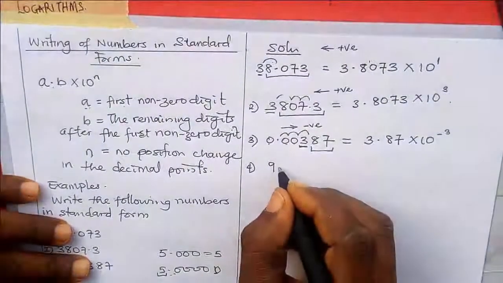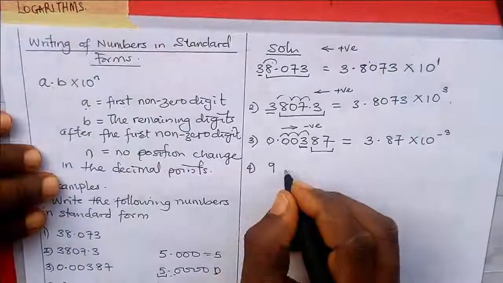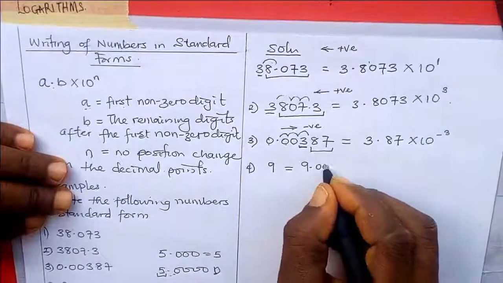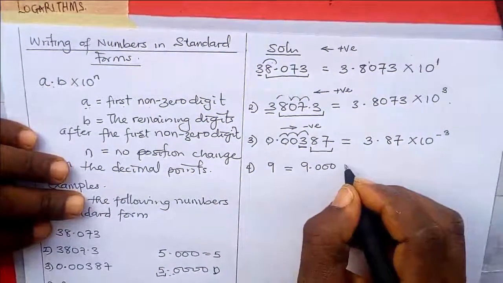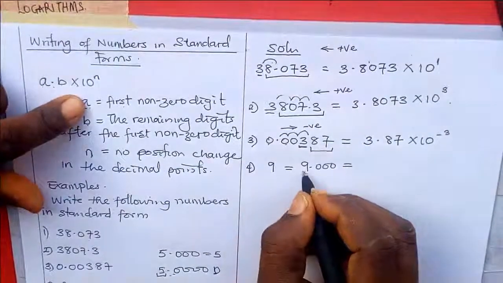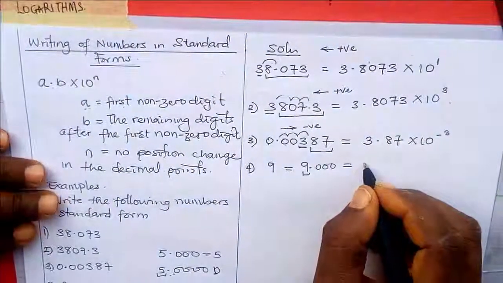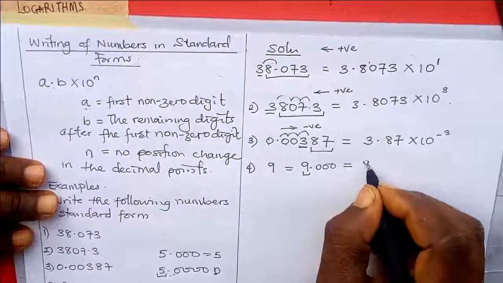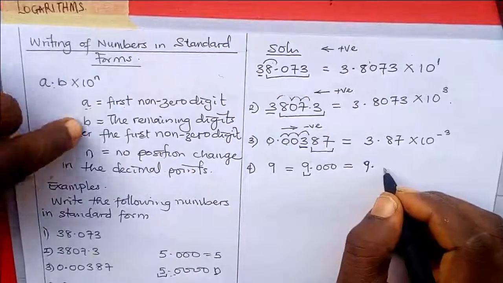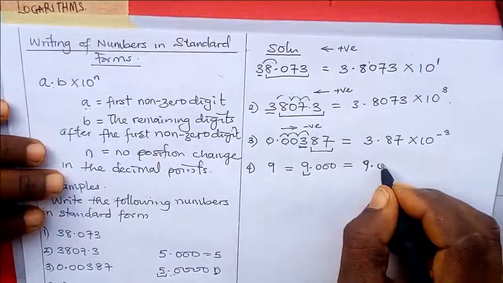So I want to tell you that 9 can still be written as 9.000 if you like. And remember, you have to write it with A as the first non-zero digit, so it's my 9. Point. B, the other digits after the first non-zero digit, which makes it 0,